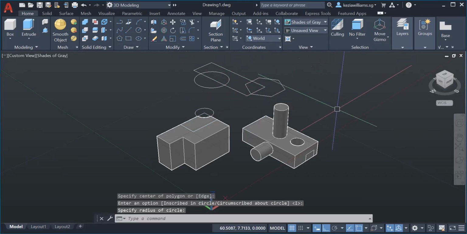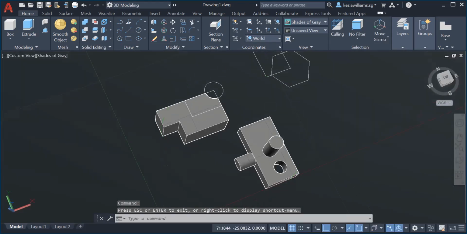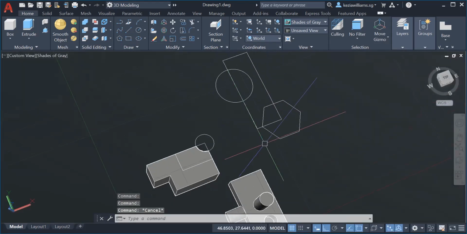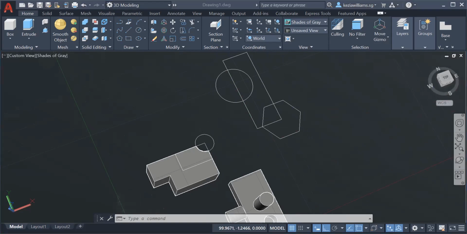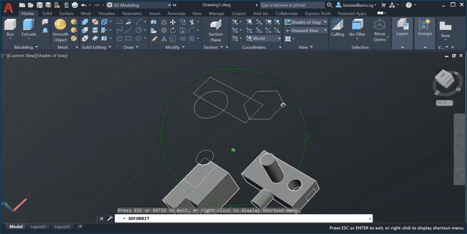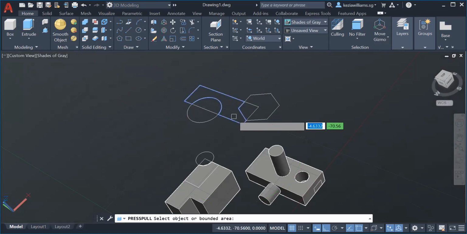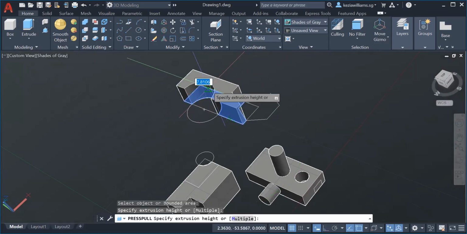Okay. Now you have a polygon, right? So now I have many lines. Now I'm going to press pull. If I click this direction, only this is selected.